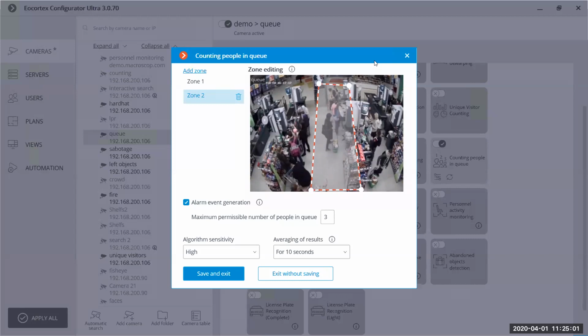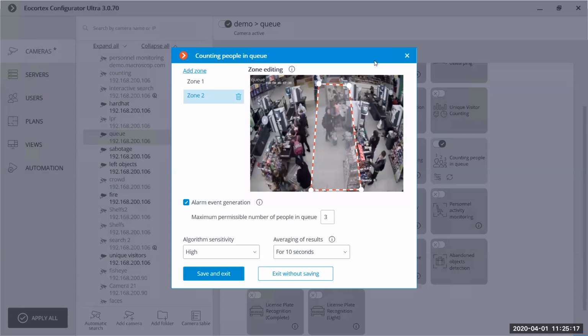Also, for some tasks we can count not only people in the queue, but people in a zone.